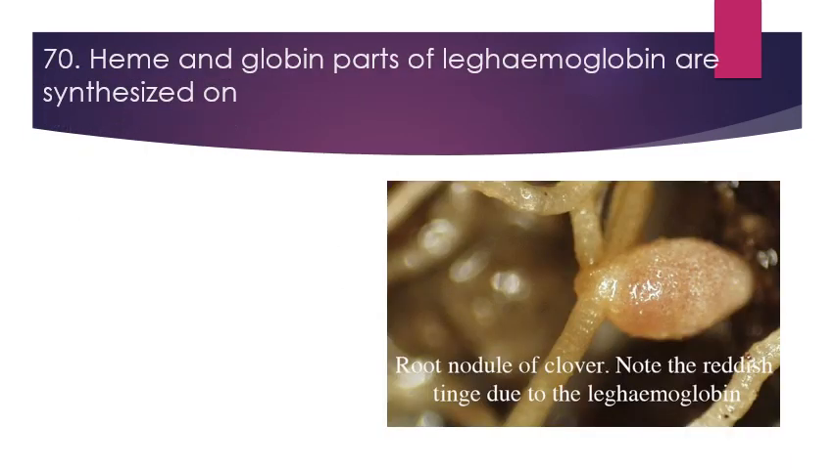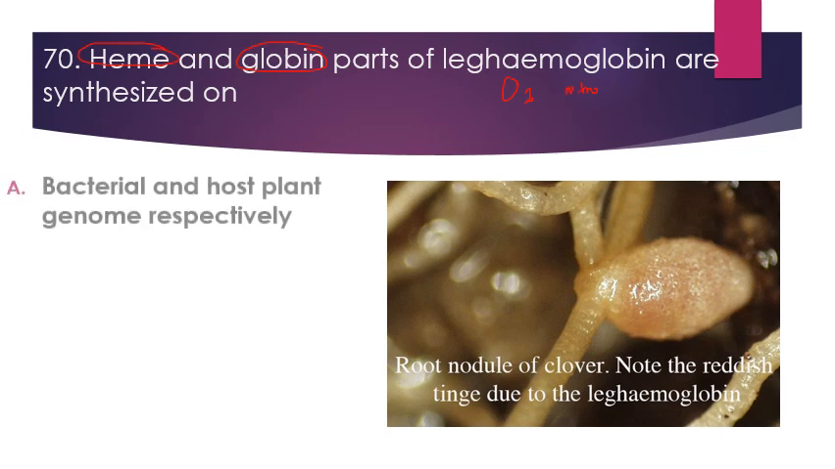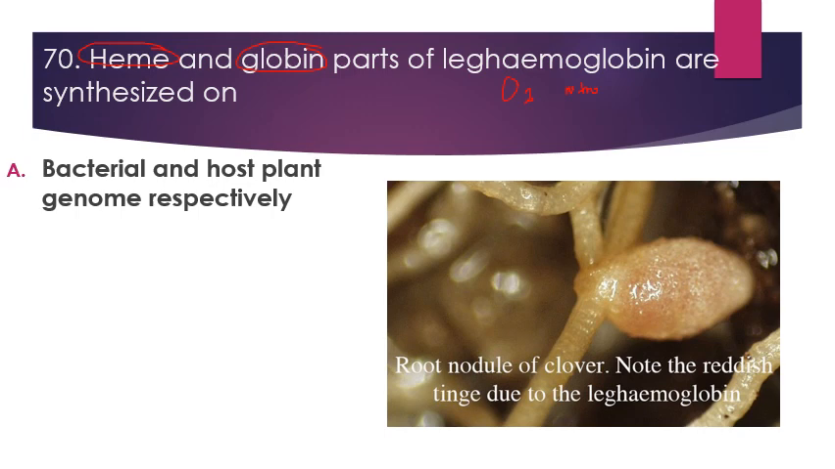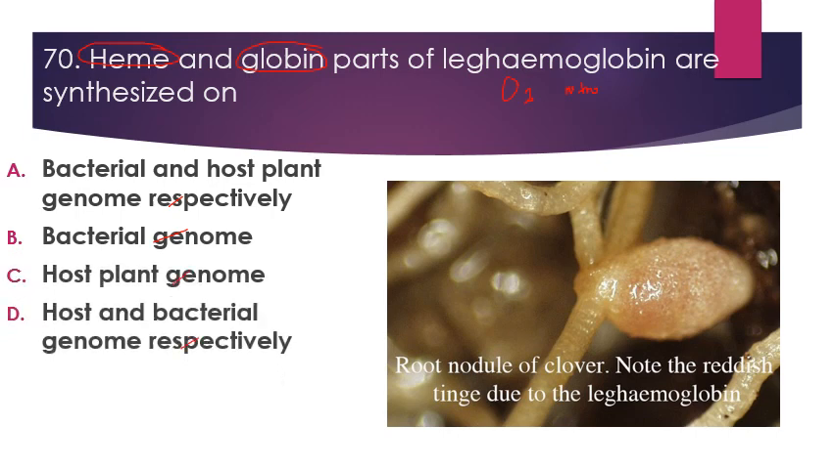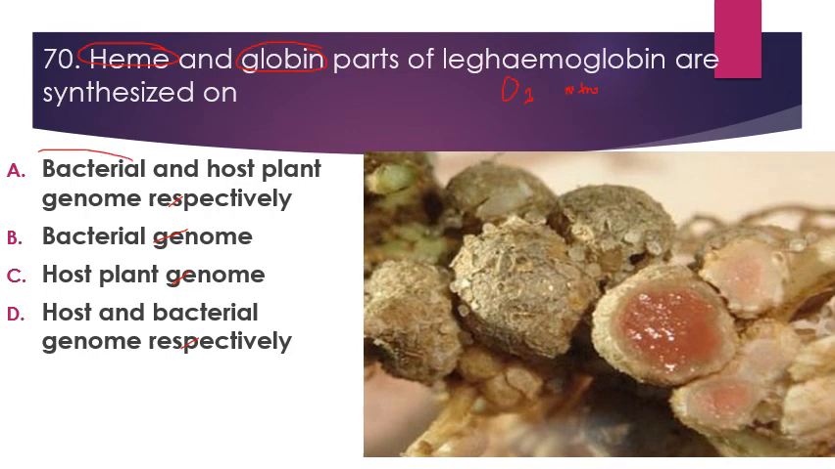The next question is, the heme and globin parts of this important pigment, known as leghaemoglobin, found in the root nodules, act as oxygen scavengers and provide an oxygen free environment for nitrogenase enzyme. So it is synthesized on, our options are: bacterial genome, host plant genome, or host and bacterial genome respectively. Clearly I'm unable to find its answer, but the most probable answer is bacterial and host plant genome respectively, because